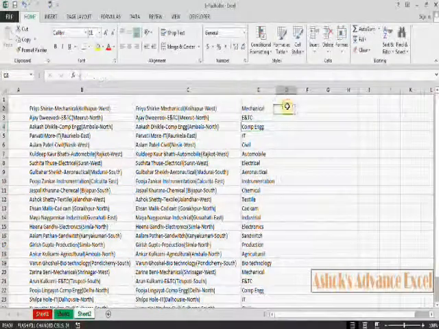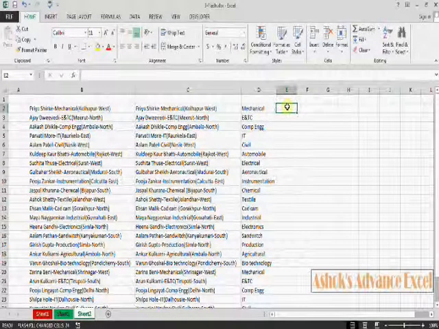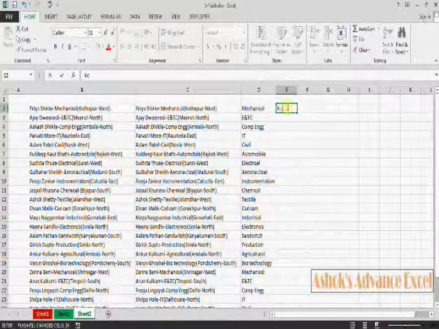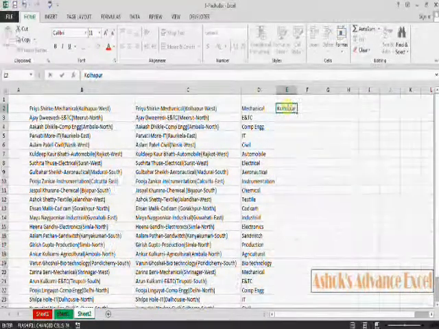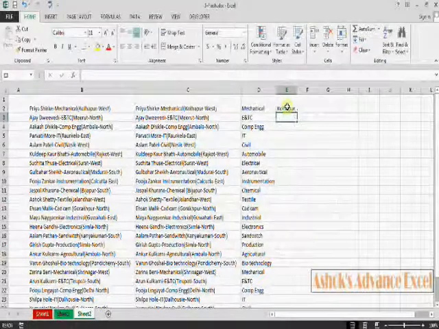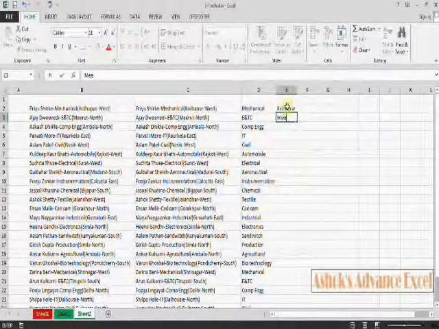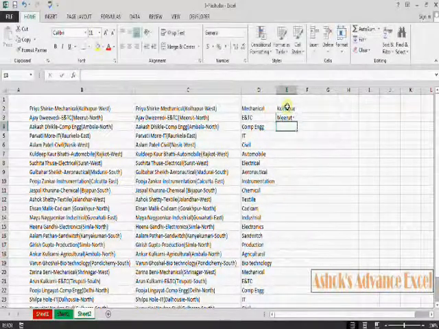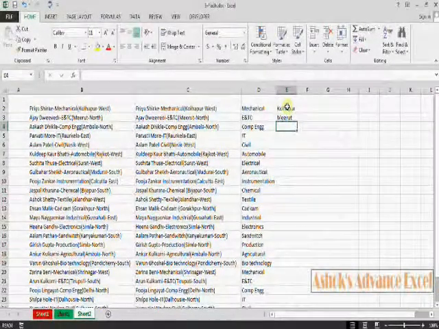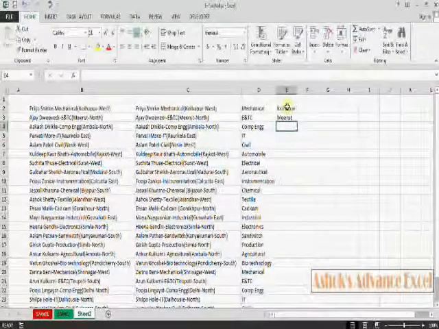In the next column write Kolhapur. Press enter and write Meerut. Press enter. Here it has not given that record by default.